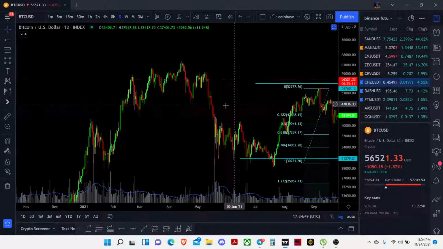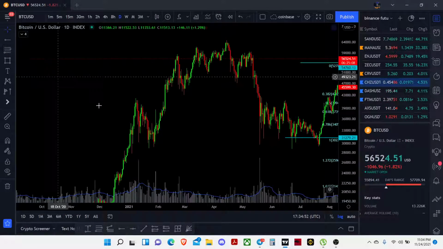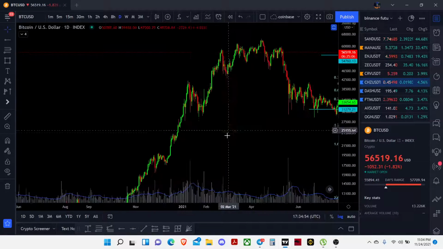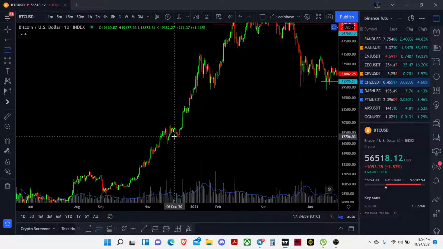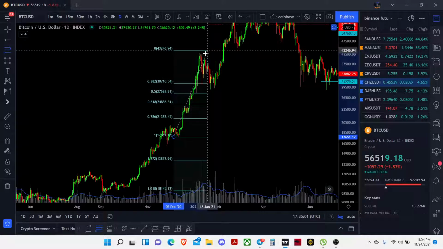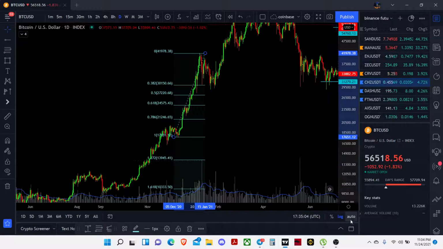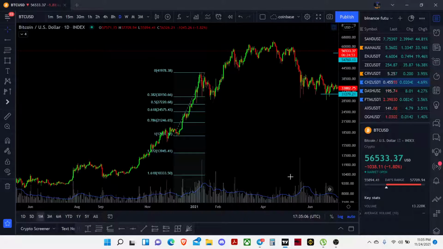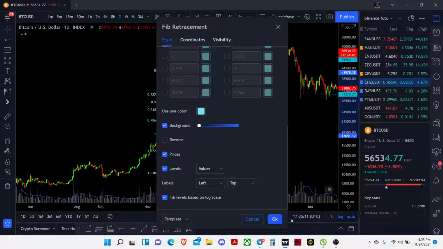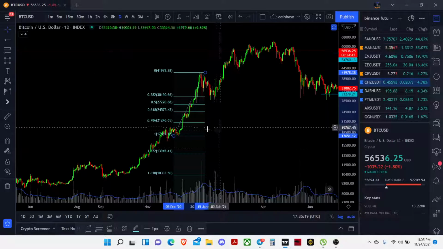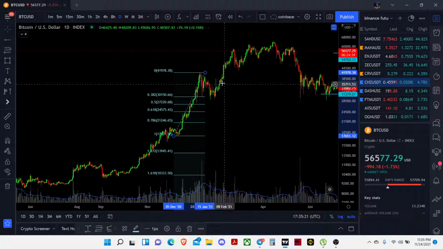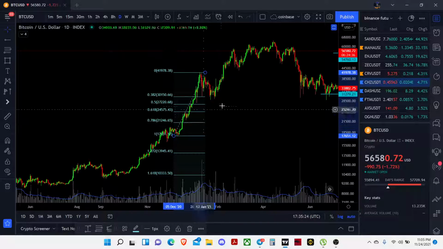If you are looking at the previous major dumps that happened in Bitcoin history, look at this. We get the move from here. If you're drawing it, I'm going to toggle that in auto, or take the fib, and make sure that it's turned on. If you click auto, then it will automatically toggle back into the logarithmic fib scale.